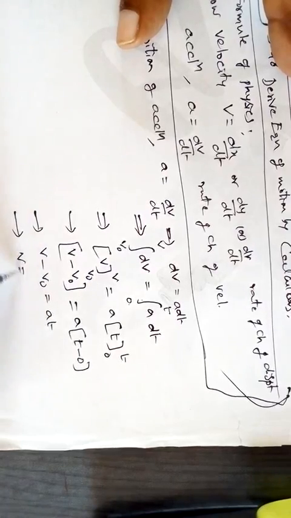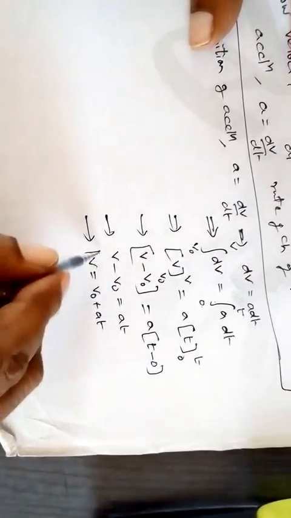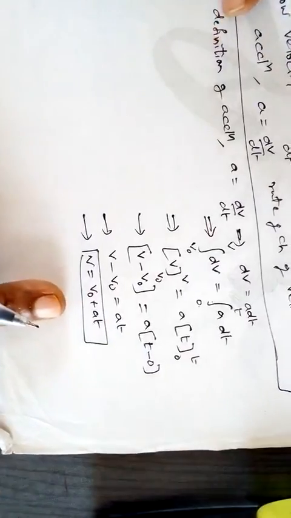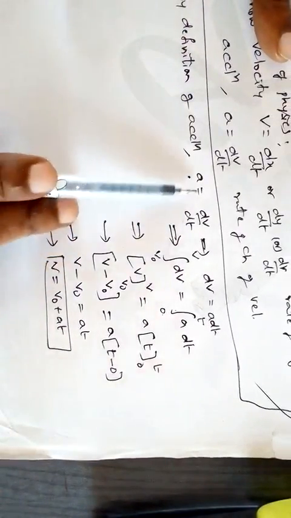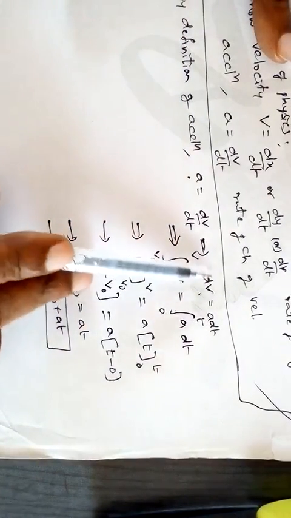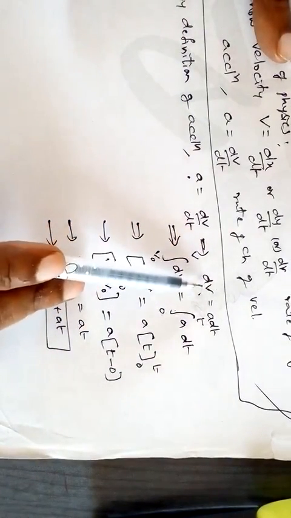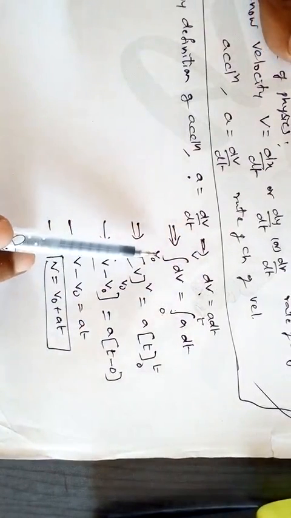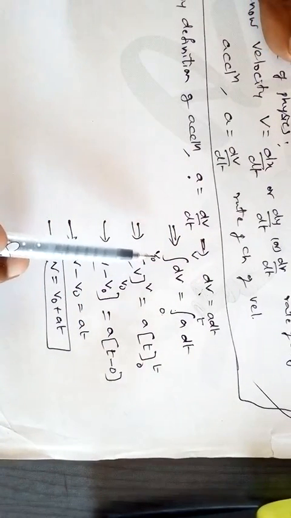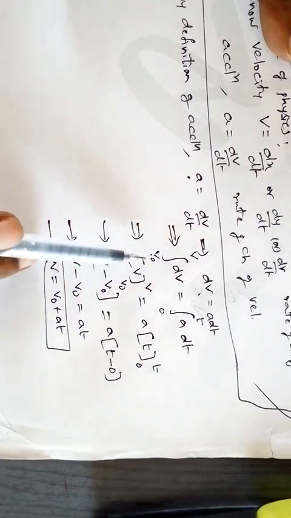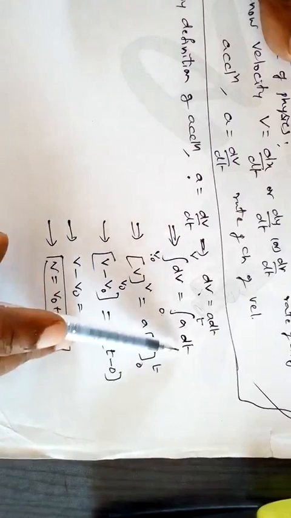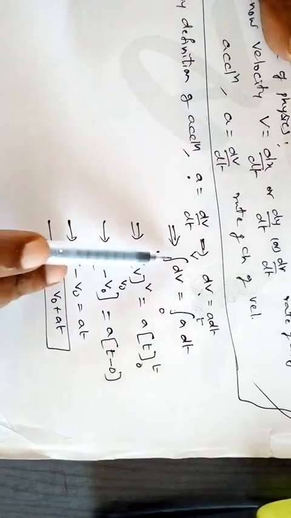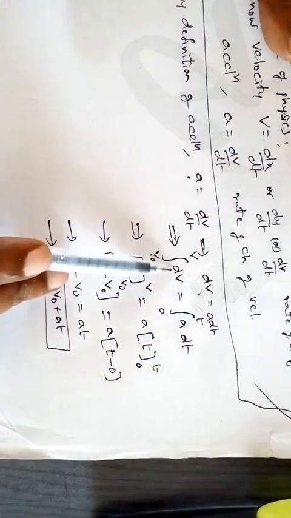This is equal to v0 plus at. Okay, so this is the formula. This formula we have derived here. Now see, a is equal to dv by dt. So take cross multiplication, dv equals a dt. It is a function of differentiation, a function of your velocity, so we have to write the limits of velocity. Limits of velocity are initial velocity and final velocity. Initial velocity is v0, final velocity is v, and here the time limits are initial time 0 and final time t. Integral dv is v, integration of dv, remember.